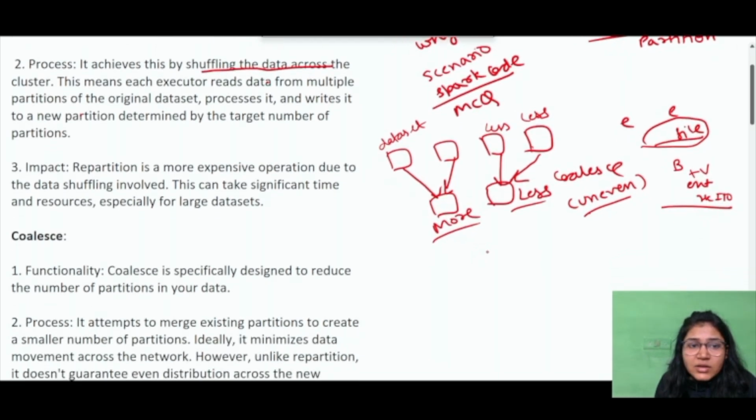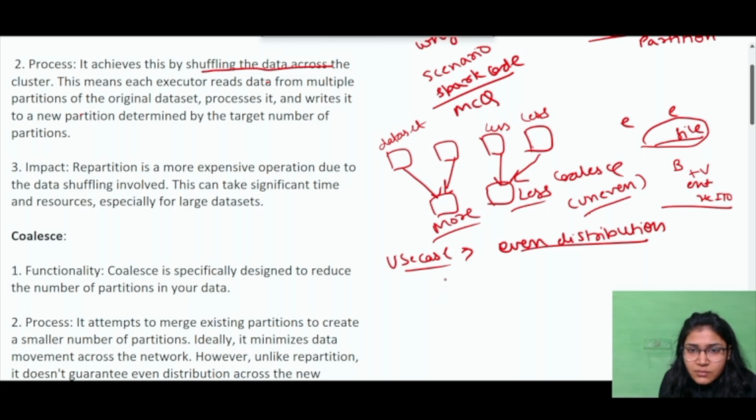And again, why should we go for repartition or coalesce? What should be the use case? So the use case is again the even distribution of data, right? So again, taking the example, why we go for increasing or decreasing. Say you have this distribution of your data, and say this 4th partition is having fewer records, and this one is having a lot of records. So we can say that our data is skewed, something like that, right?